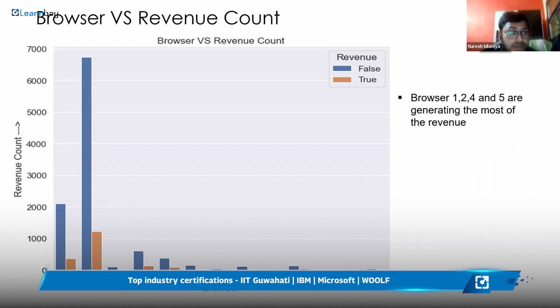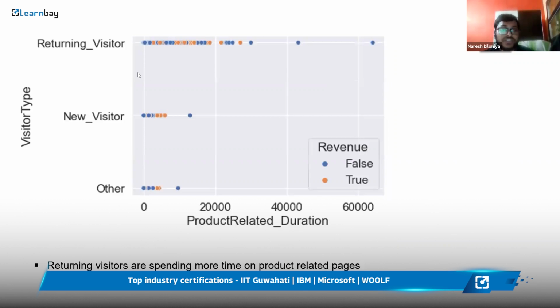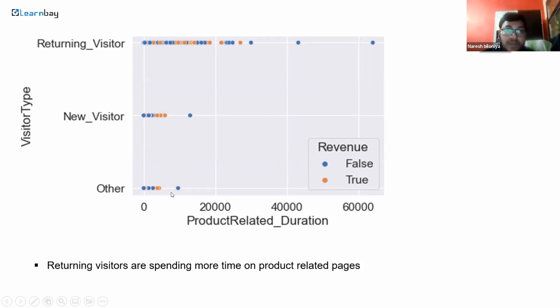And yes, this is our visitor type versus product-related duration. So this means how much time users spend on the product-related pages. Here we can see new visitors are spending less time, but returning visitors are spending much time. We can see the graph is going till here. So what does it mean? It means new visitors, and I also showed in the previous graph,